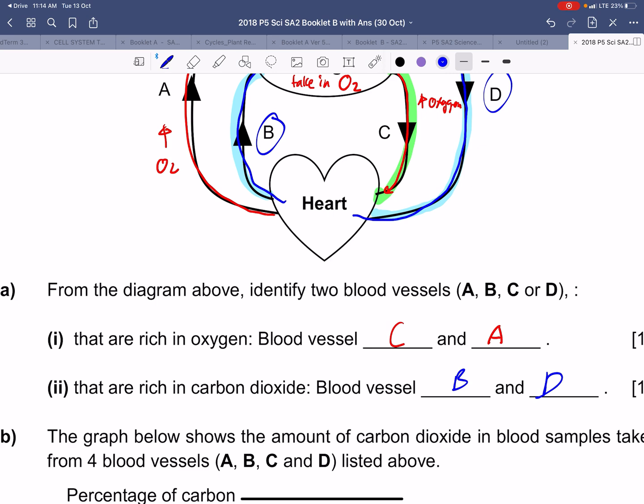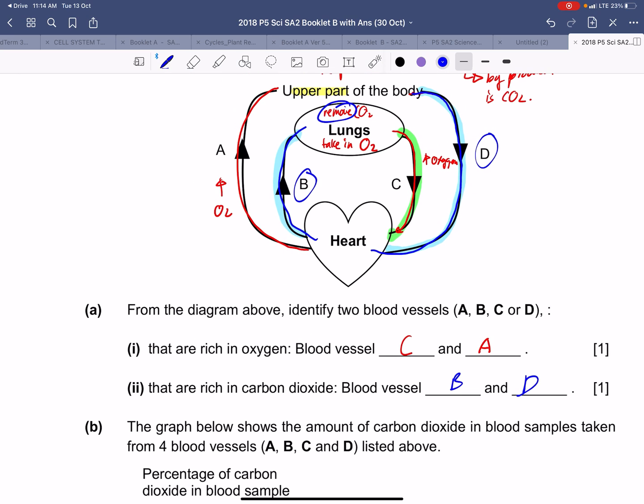Alright, so in exam, you need to be able to justify like that. So always ask yourself, blood that is coming out from all parts of the body, I don't care, is it upper part, lower part, other organs, from the head, from the arm, is rich in carbon dioxide, because the cells over there will have carried out respiration and all the oxygen will have been used up. Instead, carbon dioxide is produced. This carbon dioxide needs to then go into these blood vessels to be carried back to the heart, and then from the heart to the lungs to be removed. Okay,